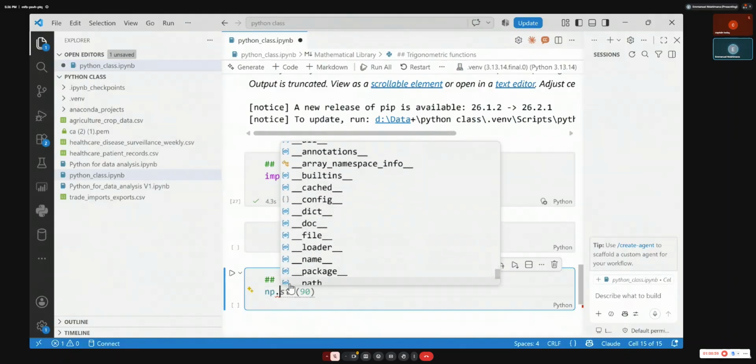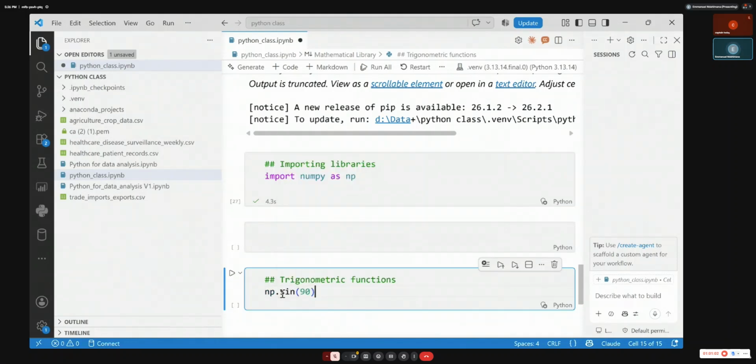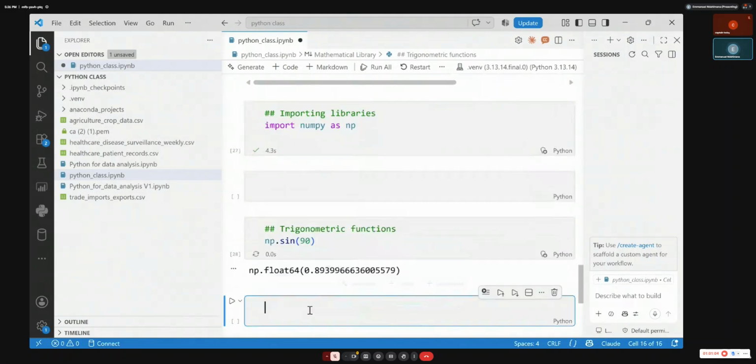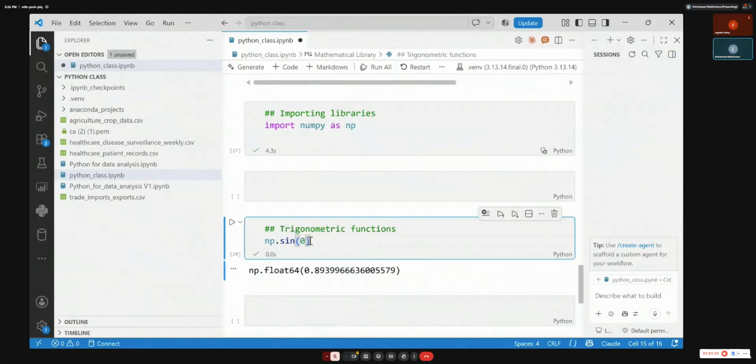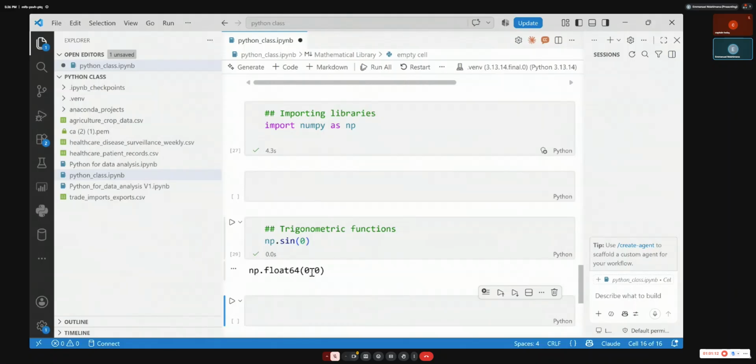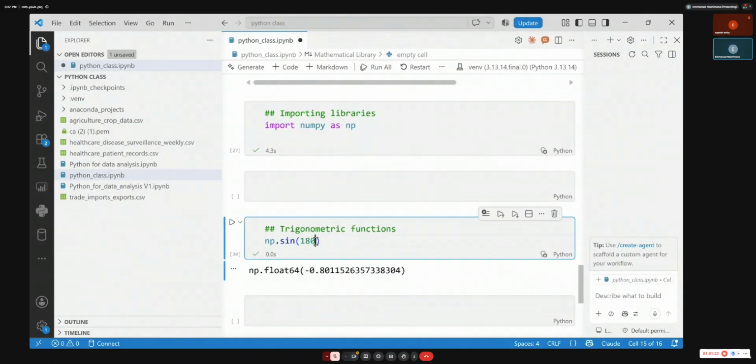Let me, for example, say that I need sinus of 90. If I run this, it should show me the result. If I need sinus of 0, I should be able to see the result. It's just a 0. You see? You can play around. Sinus of 180, you see the output. Sinus of any number. So the same thing, you could be struggling to look for the scientific calculator. You can still achieve it inside NumPy.